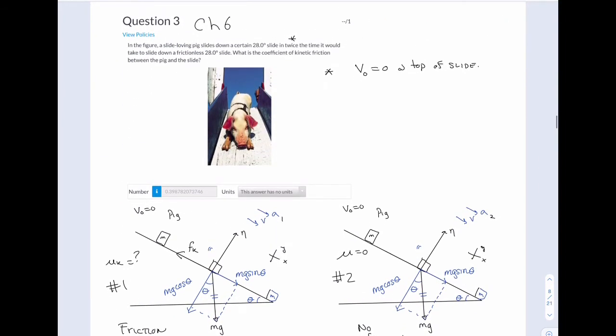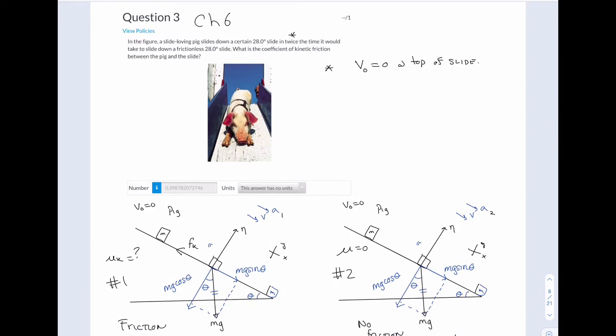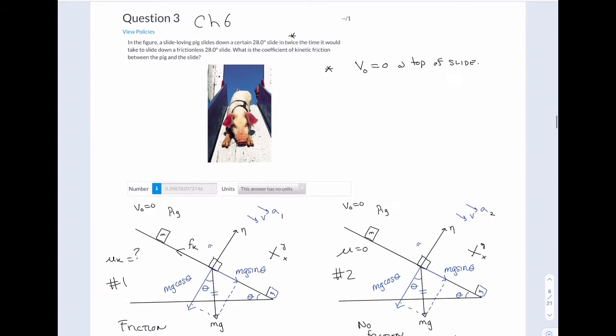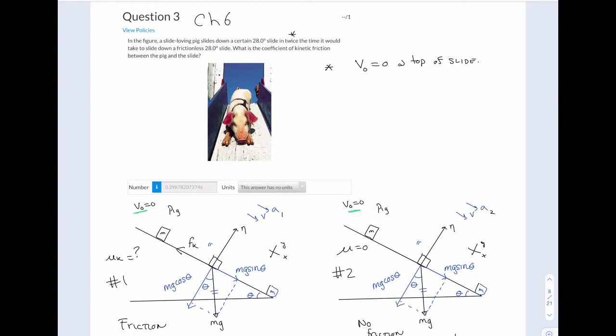Okay, this one's a little bit more involved. So they have a pig sliding down a ramp. But what you kind of have to assume is that the pig starts up here at the ramp and slides down. So it starts from rest. Okay, so what I did is I drew two pictures. It tells me that the pig will slide in twice the time it would take to slide down a frictionless